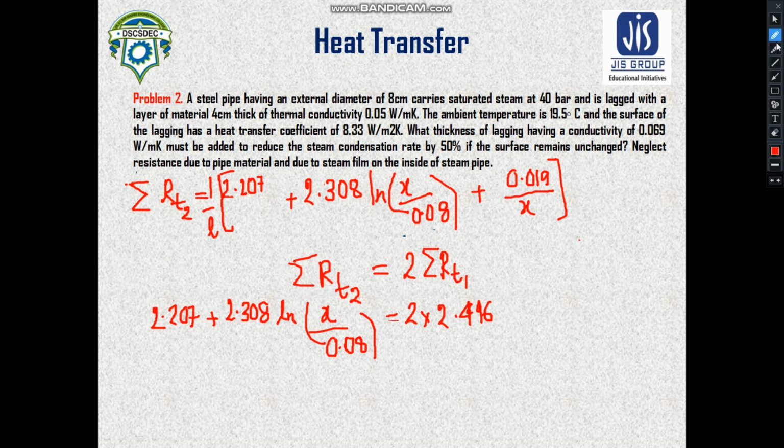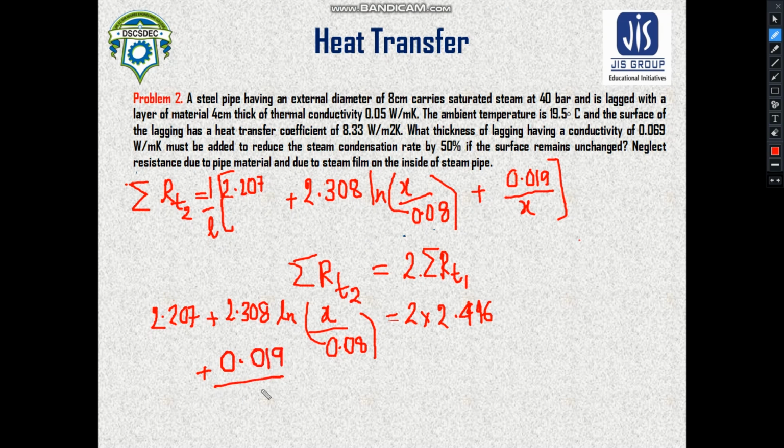The summation of all the thermal resistances in the second case would be double the summation of all the thermal resistances in the first case. So that is the main thing. I think if you have understood that once, then you can do the calculations on your own. So